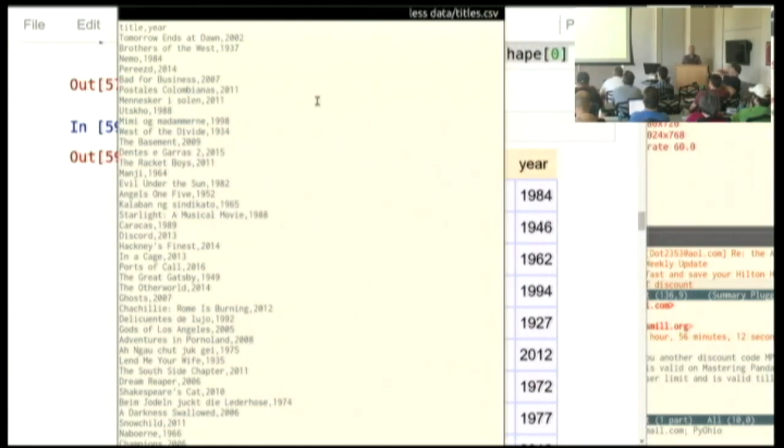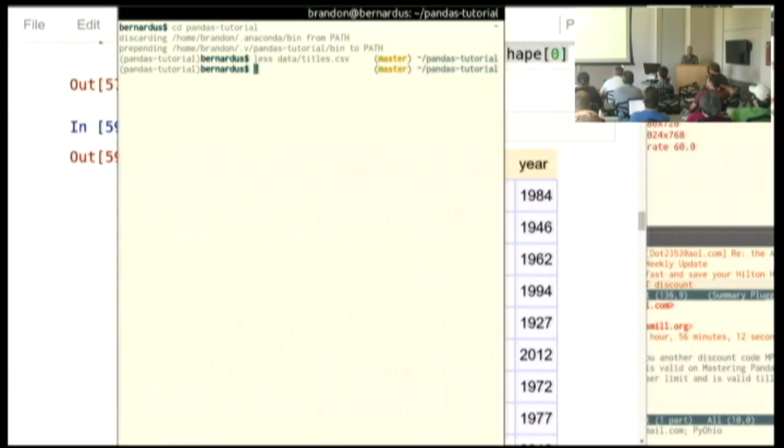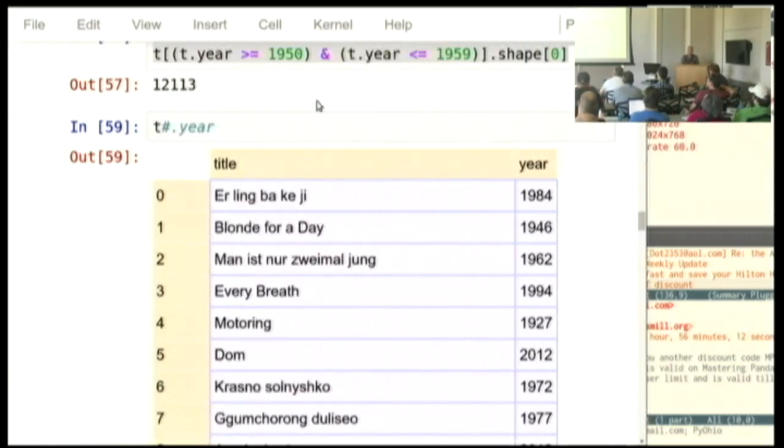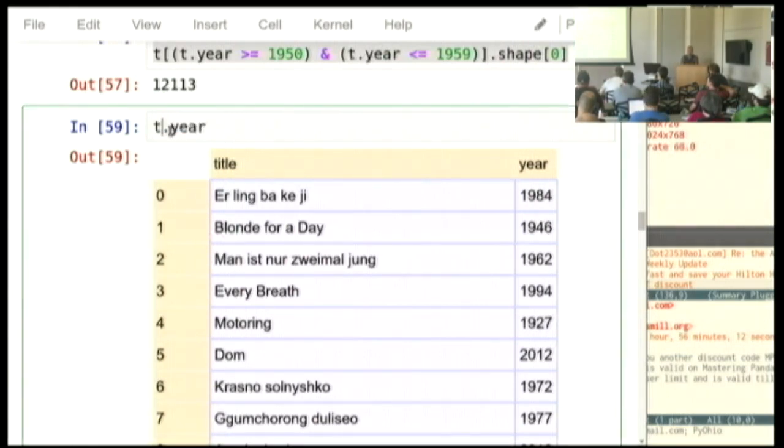And again, if you study that operation I did up at the top, from CSV, you'll learn all the options you have when reading in a file like this. So when you look at a data frame, it's pretty, you have different columns, everything's labeled. What are each of those columns? Each of those columns is what Pandas calls a series. If you simply look at .year, it's simply a series of integers, 1984, 1946, and so on. If you look at t.title, you'll simply see a plain old series of strings.